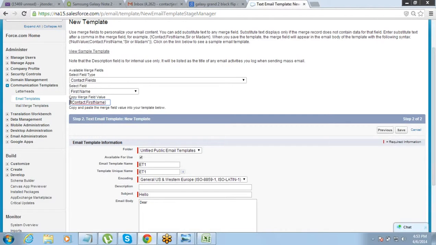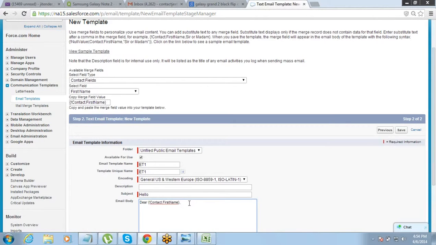This brings you the formula to get the value of first name. Right. So you don't have to remember that. You can just select the object and the field here. It will do the rest of the thing for you. Just copy it and put it here.